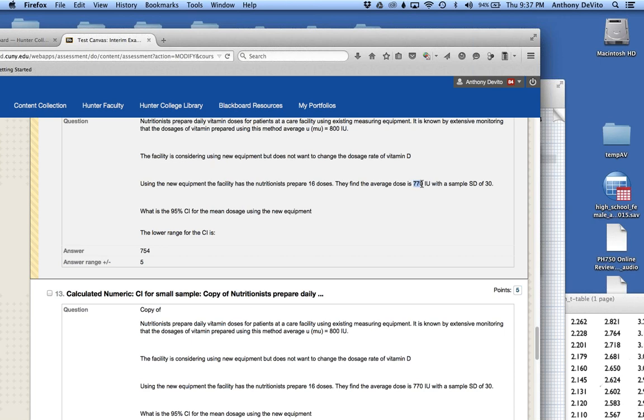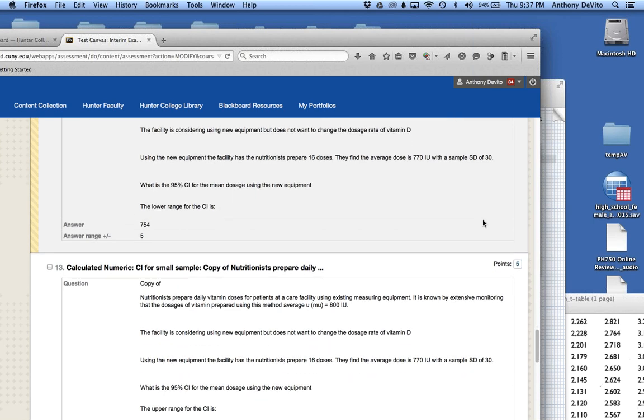They found that the average dose is lower, 770. It's different than it was before. But is that difference due to chance for just those 16 samples? And if you'd done another 16, it would have been greater than 800, right? Or is it due to an actual difference in the way the equipment works? With a standard deviation of 30. Okay, so this is a pretty straightforward problem